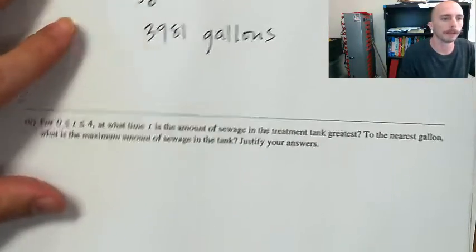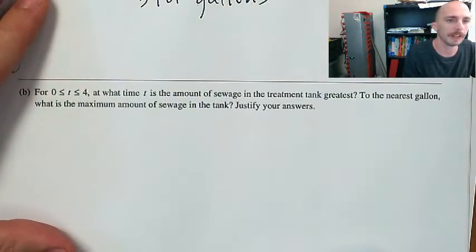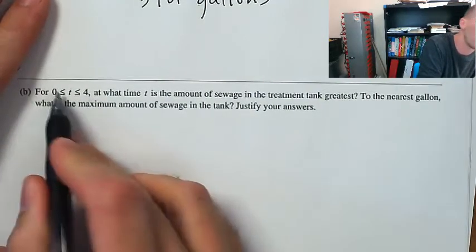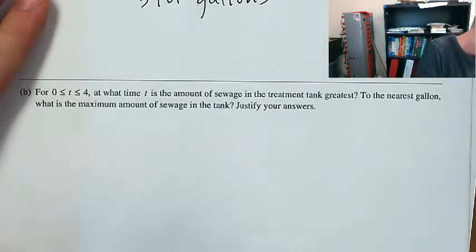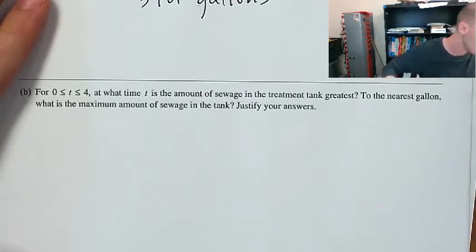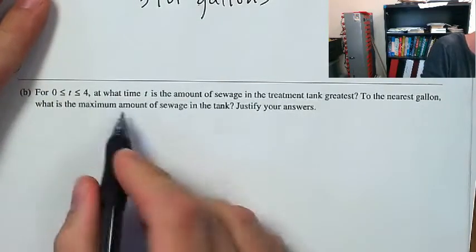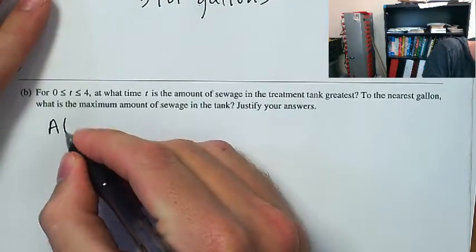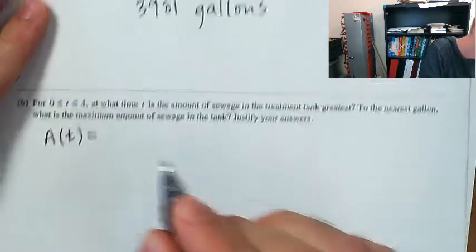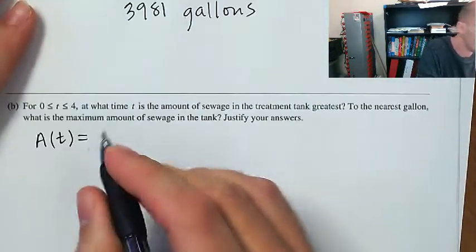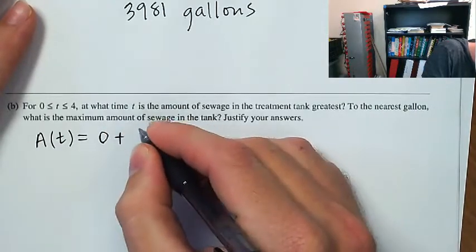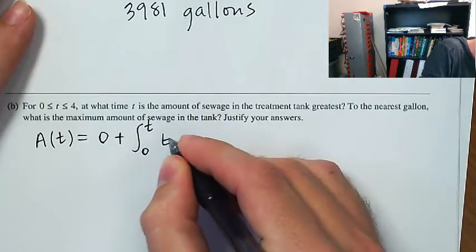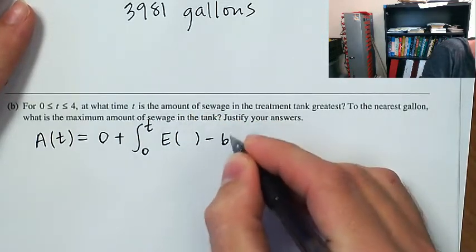Okay. And then for t between 0 and 4, at what time t is the amount of sewage in the treatment tank greatest? This is an absolute maximum on a closed interval. Okay, well that means that I need to, amount of sewage in the tank, that's not a function we've defined. Okay, we need to write that. So the amount of sewage at time t is going to start out empty. So it's going to be 0 plus the integral from time 0 up to time t of rate in minus rate out